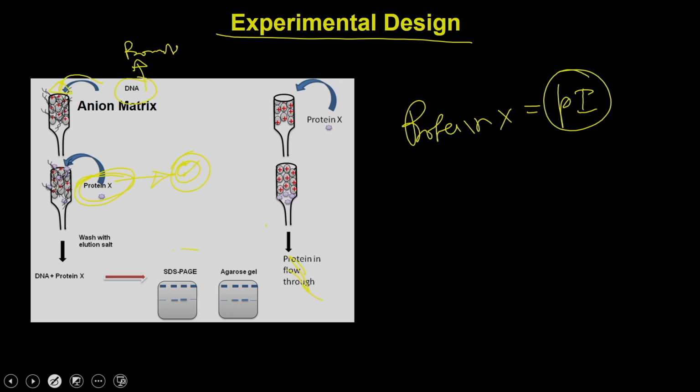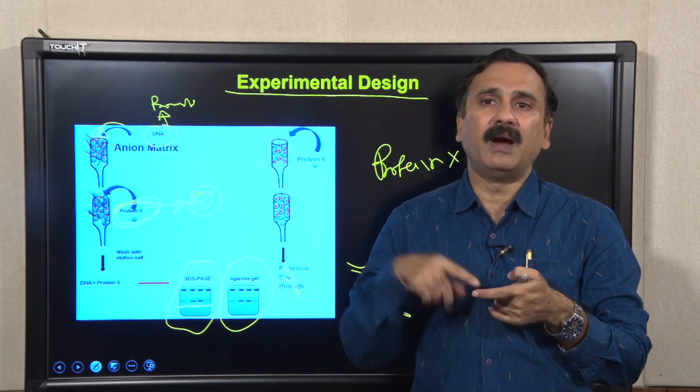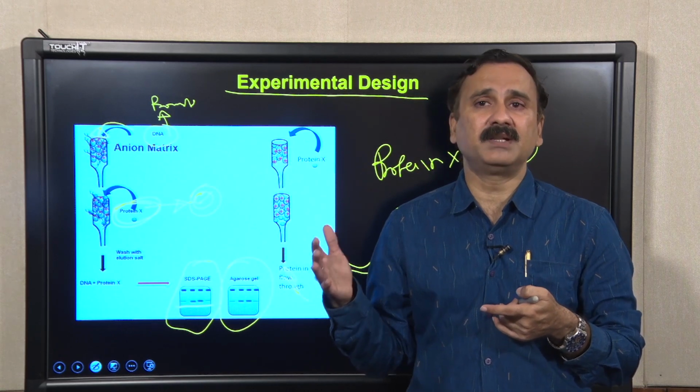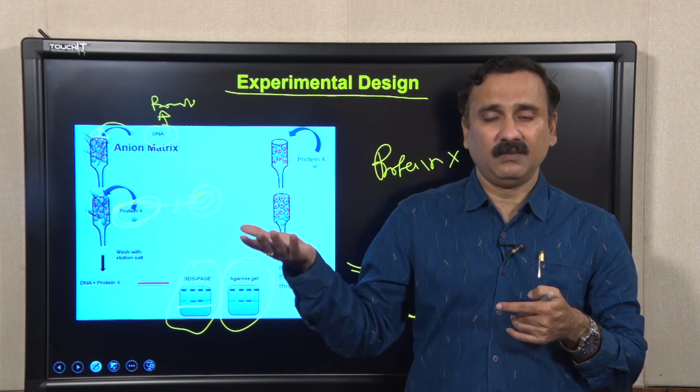If you elute and analyze the profile, what you can see is that the protein is going to follow a pattern, and the DNA is going to follow the pattern onto the horizontal chain. If these two patterns are matching with each other, then you are going to say that the DNA and protein are matching with each other, and actually the protein is binding to the DNA, because the protein itself does not have any affinity for the matrix. So, the protein can only bind to the matrix if it is interacting with the DNA.